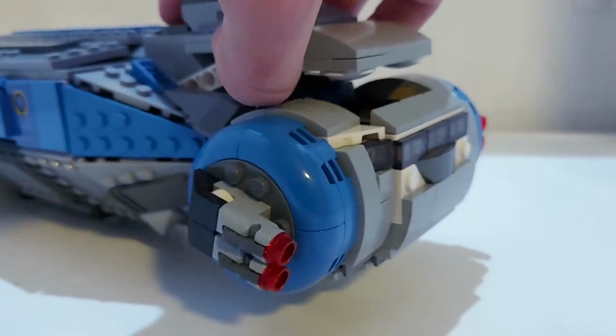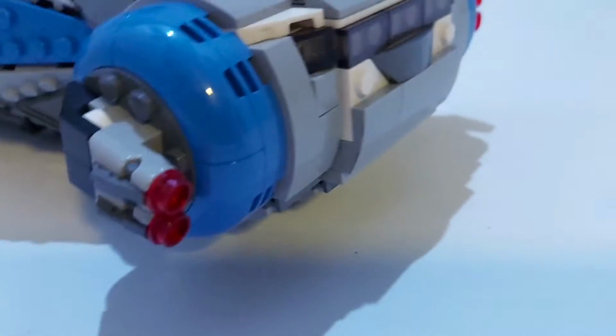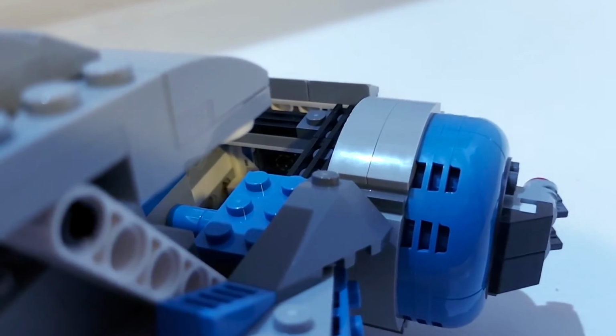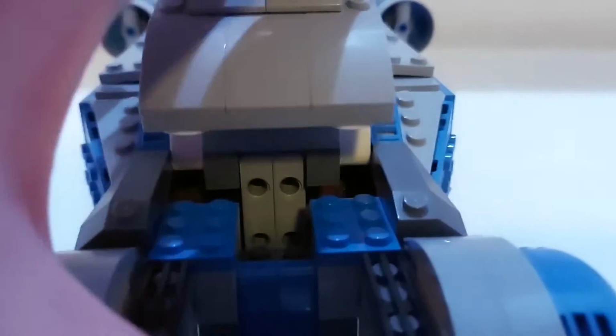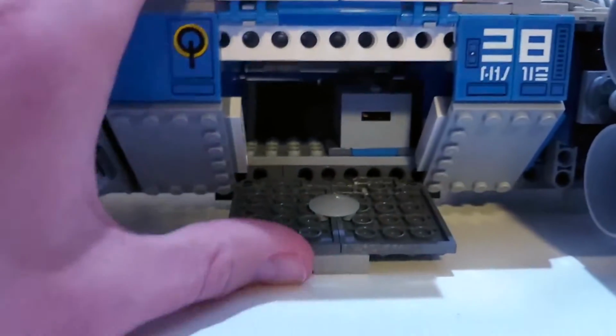I really like how this set looks. I like how it opens. The interior space is a little bit lacking just because it's a little bit small, but it's, I mean, basically everything that you need. It's got a really cool printed tile in there, but I do feel like that's a little bit wasted because you can't really see that in there. But I don't know, it was a really fun set to build, and it's a really good set to look at. It opens on both sides like this,